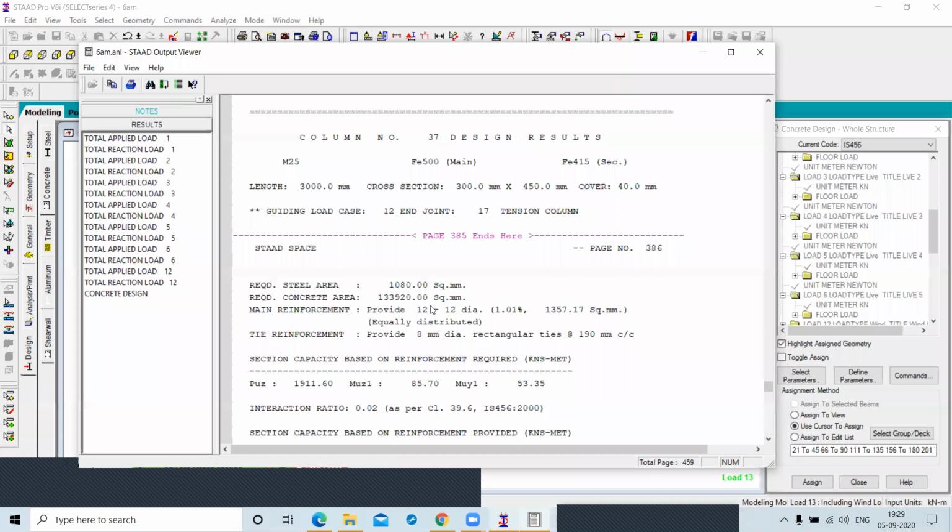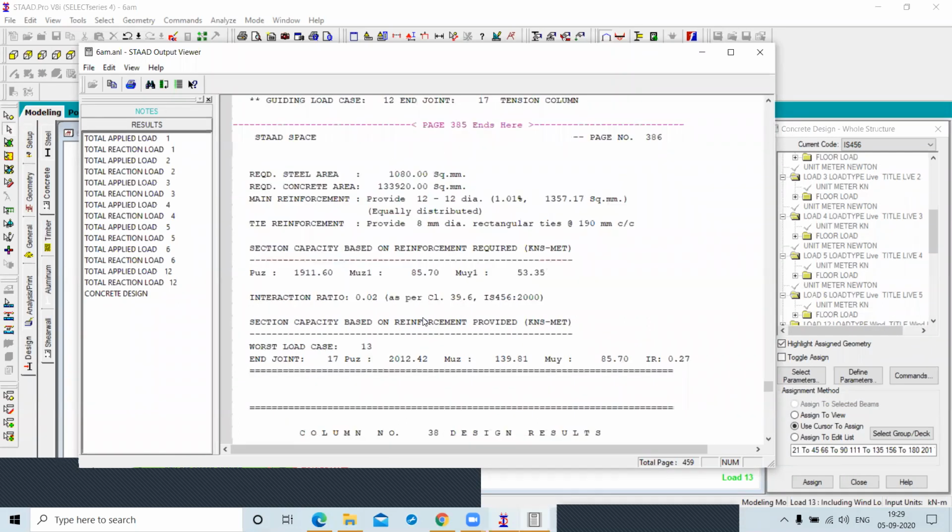Okay. The area is same. Still the required steel area is same, but the number of bars is increased. Yes or no? Yes. So in practice, you have to check what changes happen if we change the minimum and the maximum reinforcement.